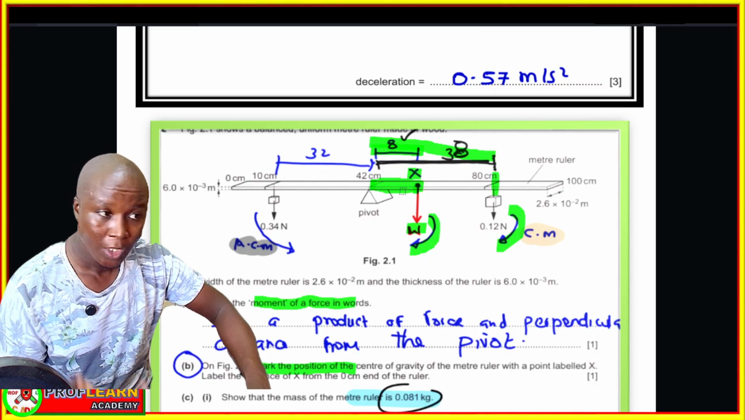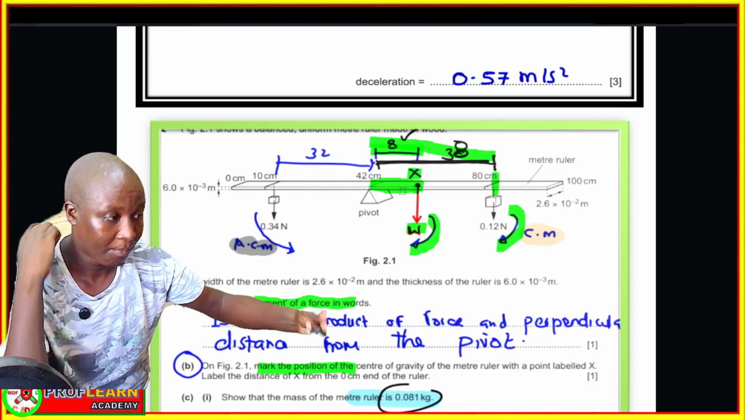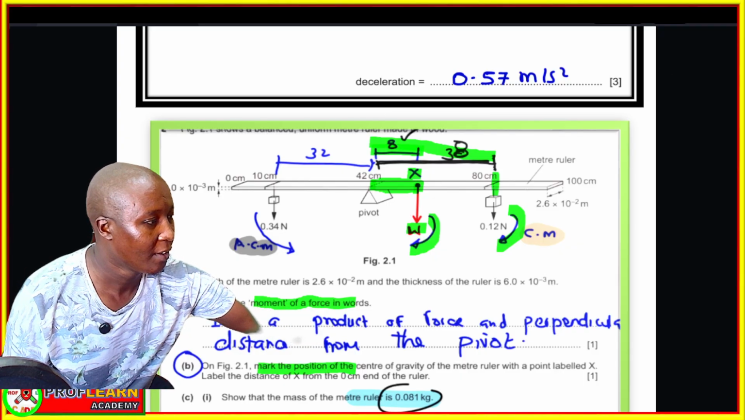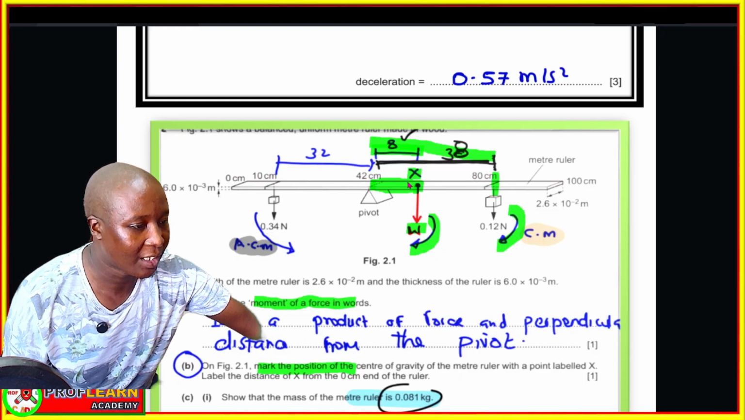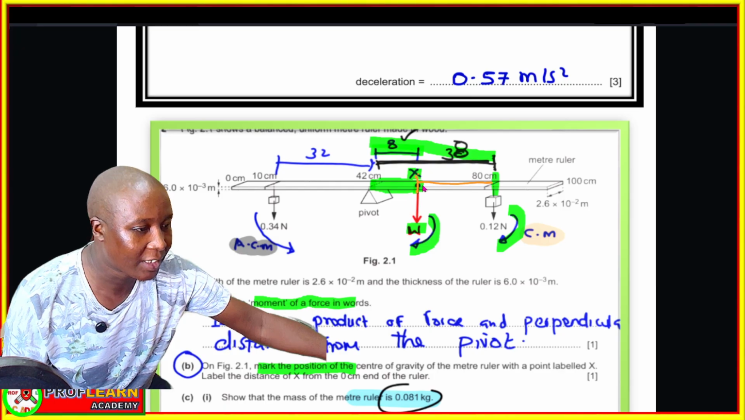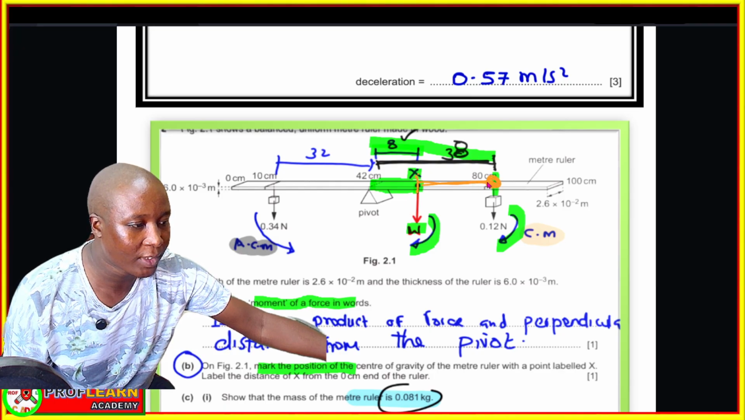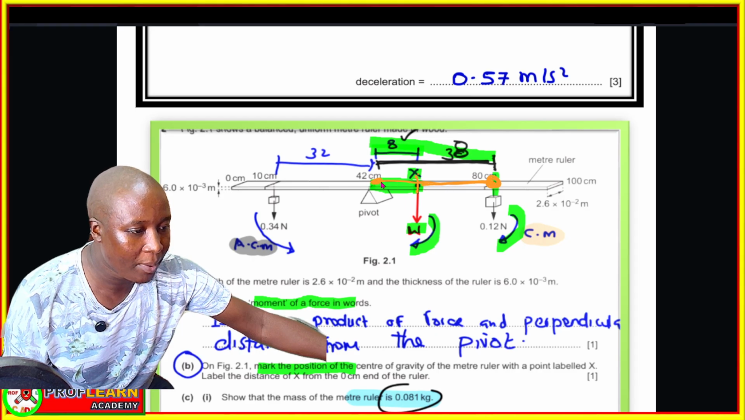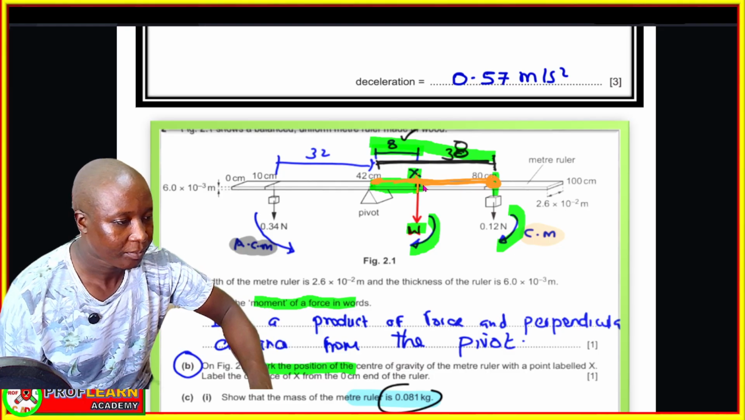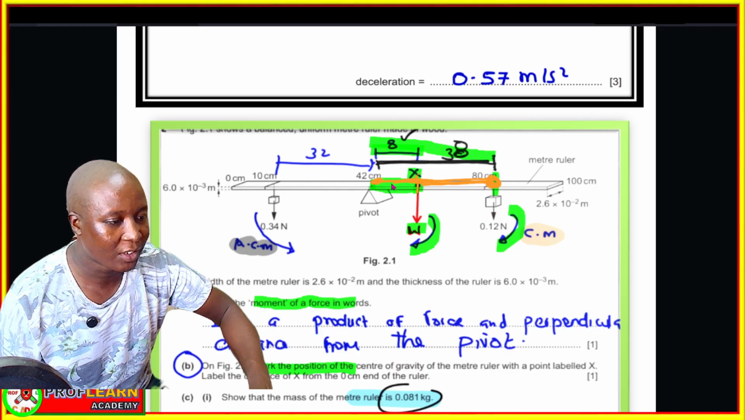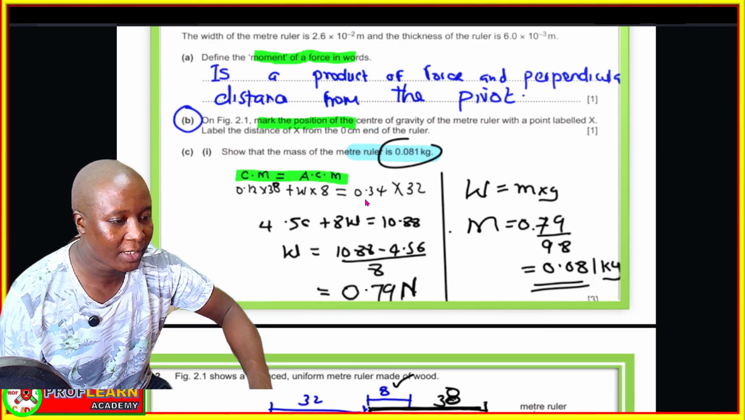It's 12. So most students cried because they ended up using this particular distance here, from here to here. That's the distance they used, which is wrong. You're supposed to use the distance from where the force is acting to where the pivot is. So this distance is going to be 80 minus 42. And that's why you can see I said